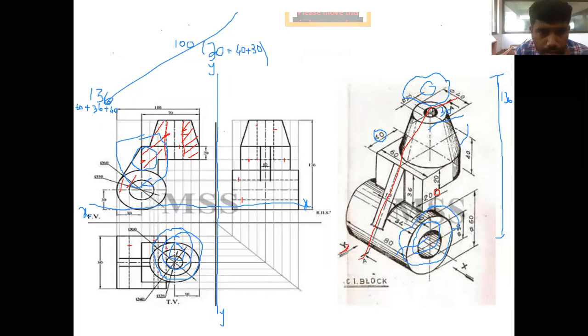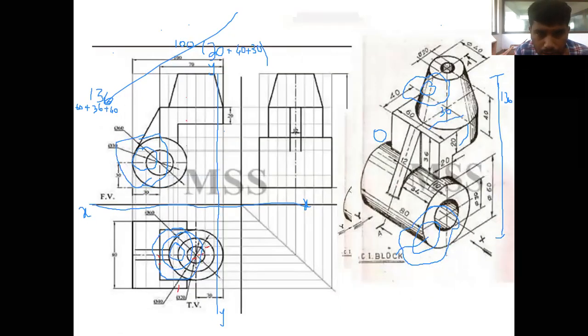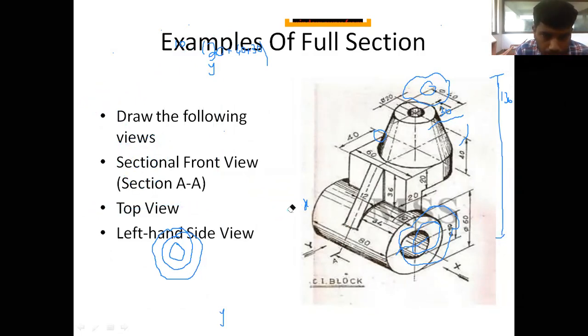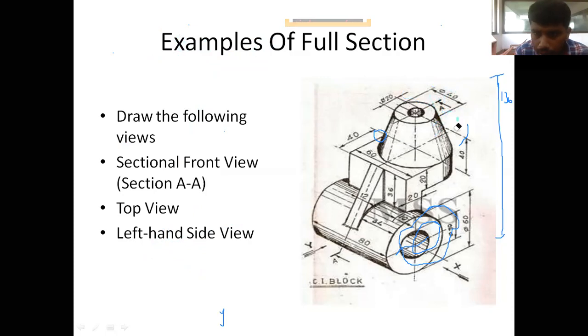Next we'll go with this. So we'll go all with this. Okay.